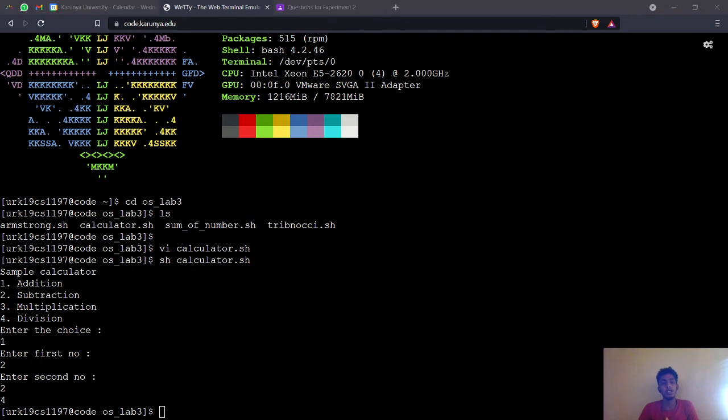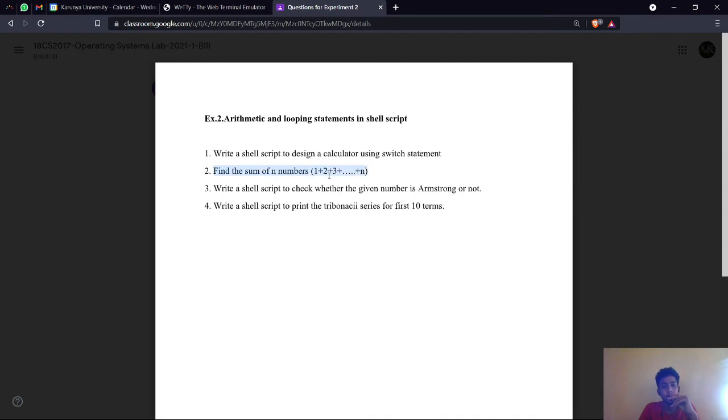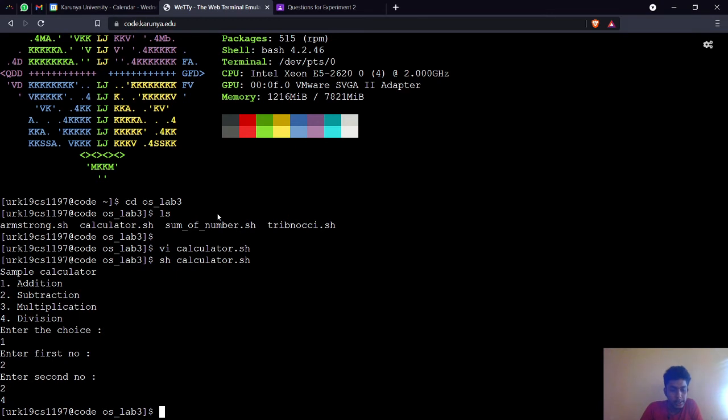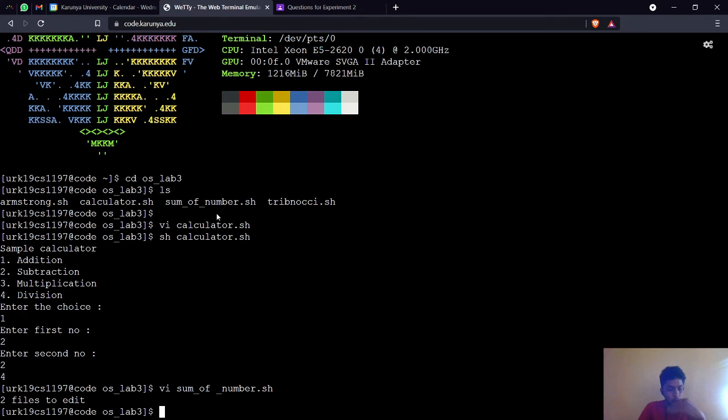That's the first problem. Next, the operation we are going to perform is the sum of n numbers. I'm going to show you the code for the sum of n numbers.